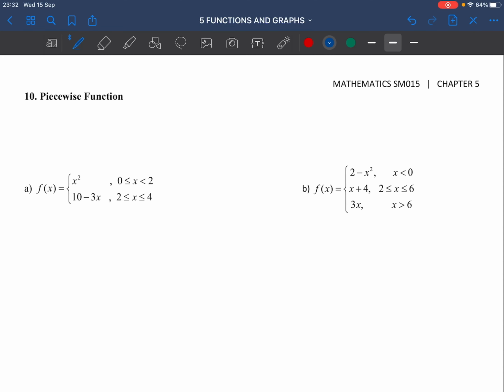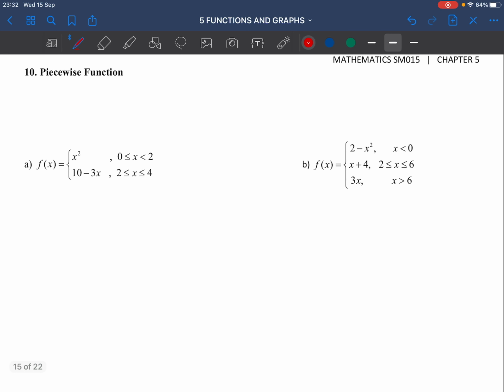Okay, so sekarang kita nak tengok macam mana nak sketch a piecewise function. So basically a piecewise function is all 9 functions yang kita dah belajar 1 sampai 9 all combined into a piecewise function. Okay, so piecewise function ni beza sikit lah. So basically dia tak ada basic shape. Okay, so what we have to do if the question asks for piecewise function, so piecewise function dia akan ada